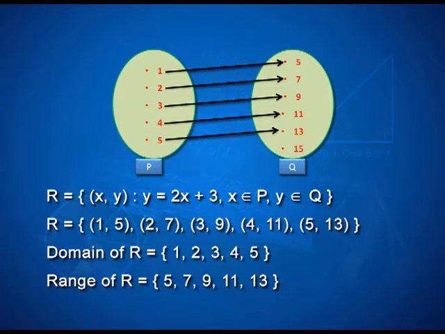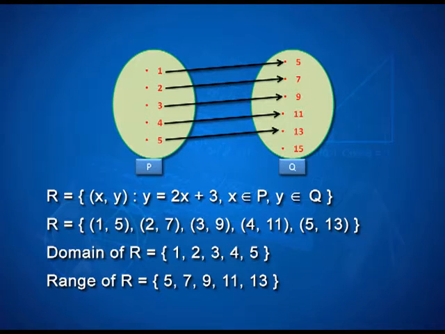Again, as in your previous example, you saw the two sets related through an arrow diagram. Here also the relation is represented with arrows, and if you see it closely, it says that 1 is related to 5, 2 is related to 7, 3 to 9, 4 to 11 and 5 to 13. So, the roster form for this relation is the collection of ordered pairs listed as (1, 5), (2, 7), (3, 9), (4, 11) and (5, 13).